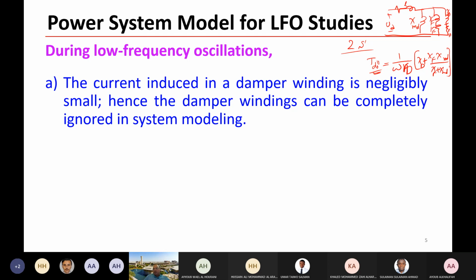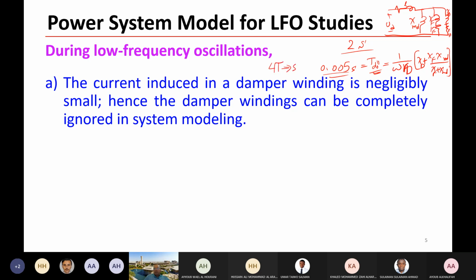No need to memorize them, but you can derive all these expressions as we have here. So TDO prime is very, very short. You can have it, for example, 0.005 second. So in just 5 milliseconds, assuming that if you have the time constant equal to this, maybe after 4 time constants, after 4T, you